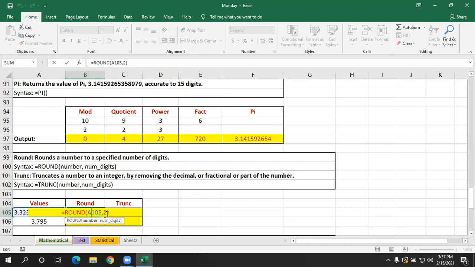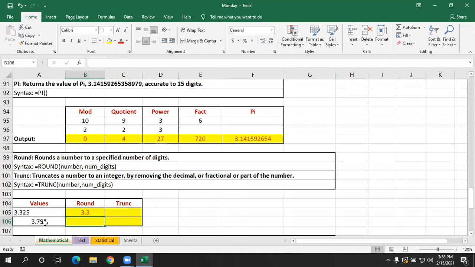If I give 1 here instead of 2, what will it display? It will show 3.3. Why is it showing 3.3? Because I have specified only 1 digit, and it is not changed to 3.4 because the value after it is 2, which is not equal to or greater than 5.